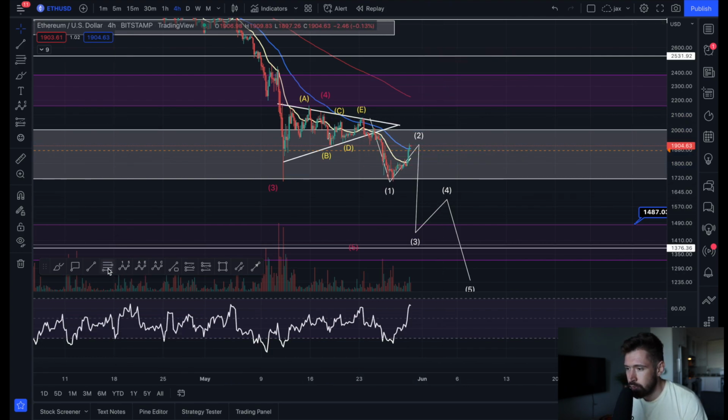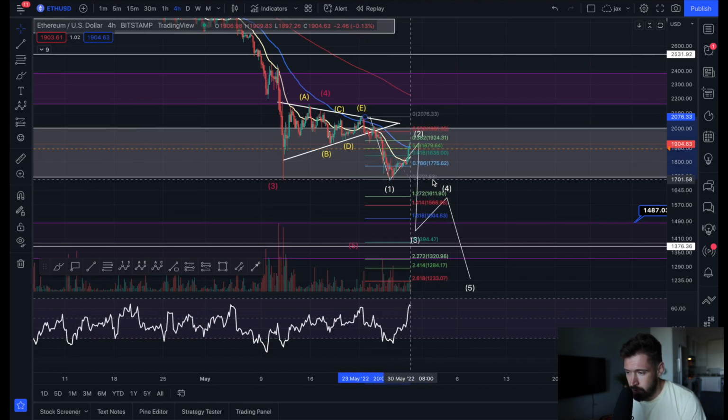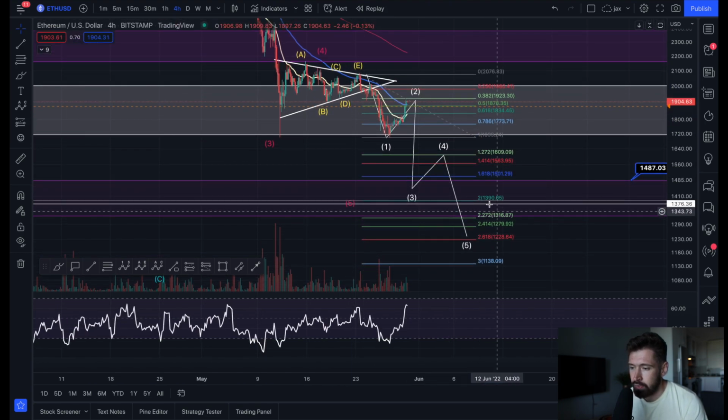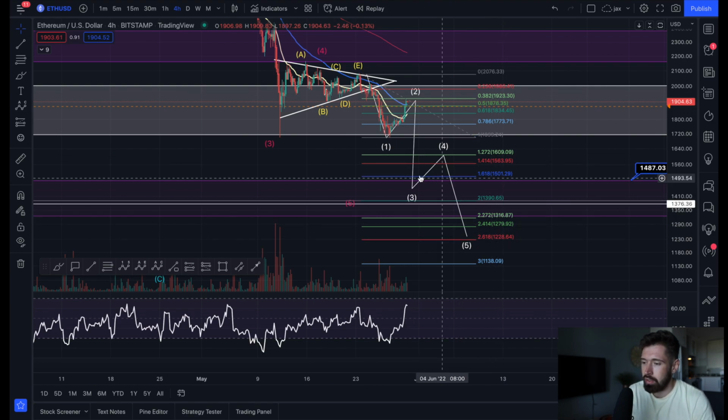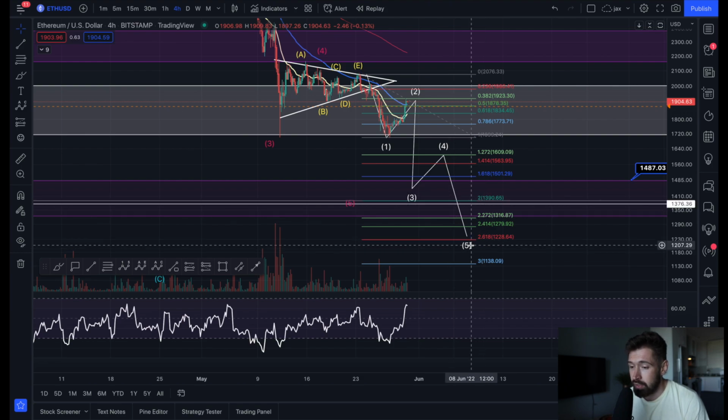And you measure the wave 3 by taking your Fibonacci from the low of the wave 1 up to the high of wave 1. And usually I find it will come down in between the 2 and the 2.618. So we have the 2 at about 1390. The 2.618 is all the way down at 1228. I think it will probably come down in between the 1.618 and the 2. And we might see a final wave down that could take ETH a little bit lower than my price target